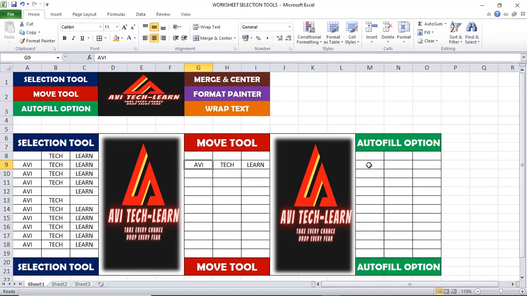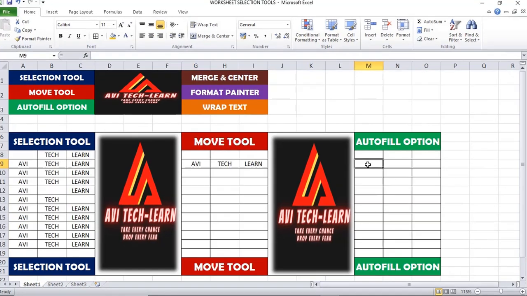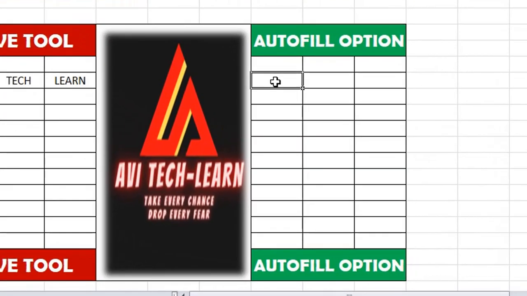Let's go back to our favorite option, that is called the AutoFill option, where we can save our time when we are working with numbers as well as text. So the first option, AutoFill option. Now what we usually do, we'll type, for example,